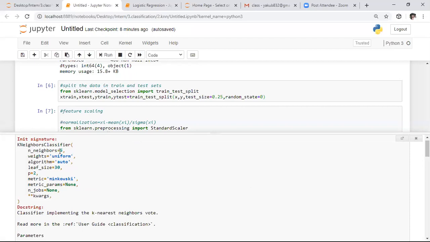After that, we need to specify the weights. Weights is nothing but importance. Previously we took a few data points and gave equal priority to each and every data point present in the circle. By default the weights are uniform only. Whereas if you give the inverse distance in the weights, for the nearest points it will give more priority, and for far distance points it will give less priority.